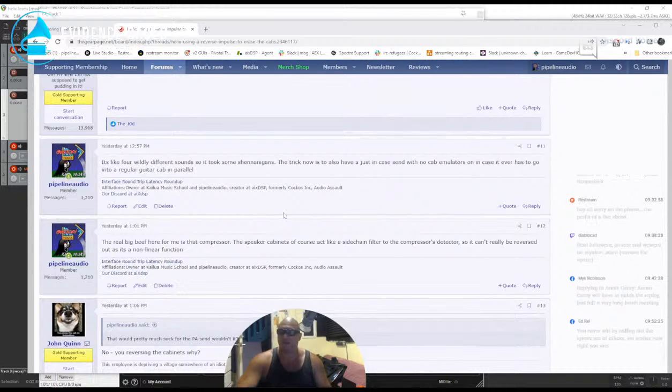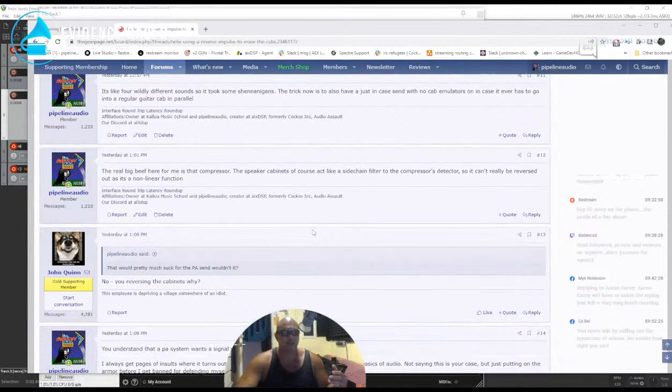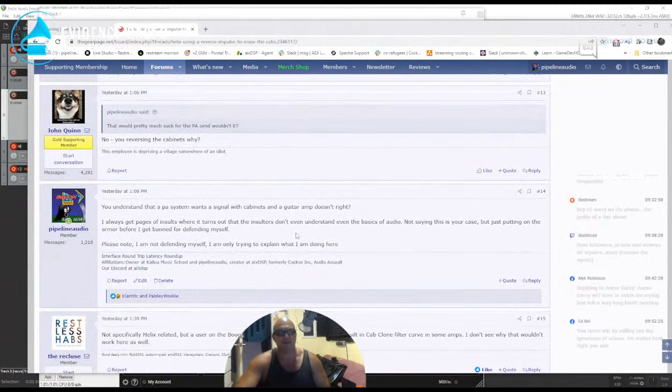So I'm going to clarify a little bit. The real big beef for me here is the compressor. The speaker cabinet, of course, acts like a sidechain filter for the compressor's detector, so it can't really be reversed out as it is a nonlinear function. And so again, Dunning-Kruger John Quinn says, no, you're reversing the cabinets. Why? And so I got no choice now. I have to assume at this point that this guy has no freaking idea whatsoever about audio engineering or audio in the first place. I'm sorry,